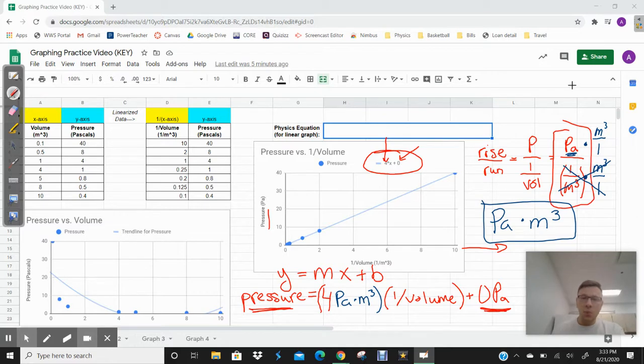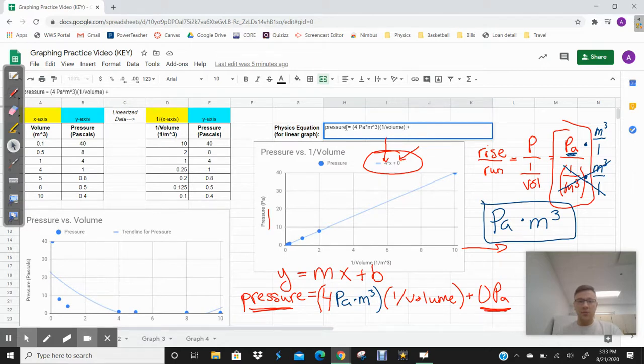Okay, so the point here is what you're going to type in up here. I want you to practice writing these in. So you're going to write pressure is equal to, and then in parentheses, 4 pascals. To do multiplication, use the asterisk. Okay, so it's shift and 8 to do that. Times a meter cubed, which we'll just use the caret symbol and a 3 for cubed. Okay, end your parentheses. Now start a new parentheses and write 1 over volume